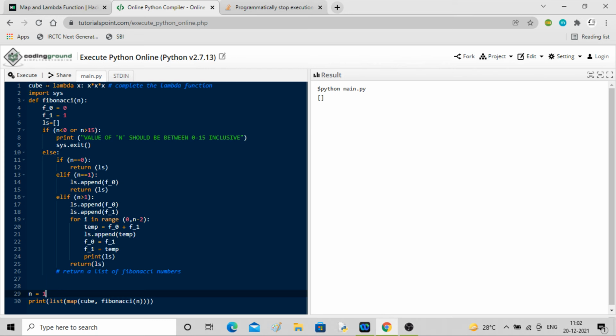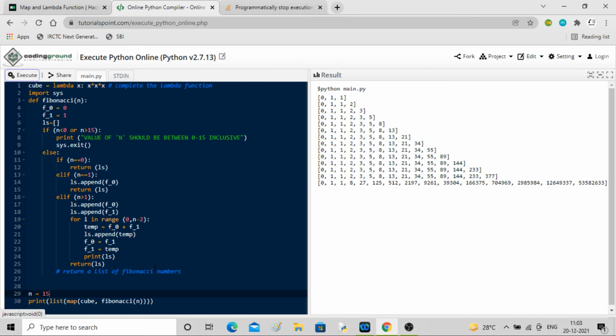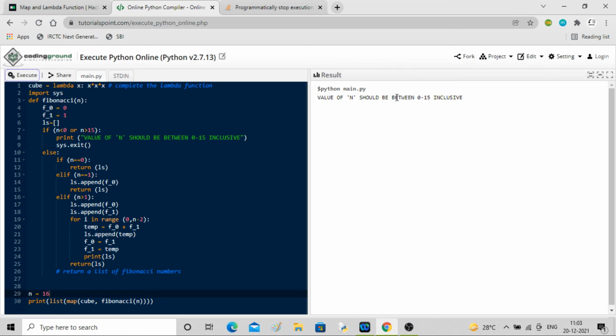For 1 we have 0 only. And for 2, it is giving. And for 15, still working. If I do 16, out of range, you can see.